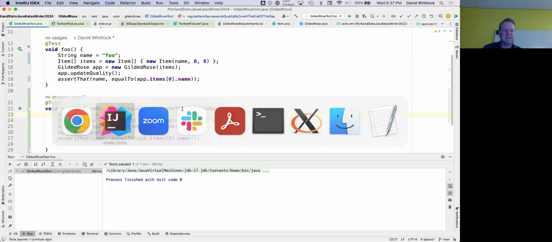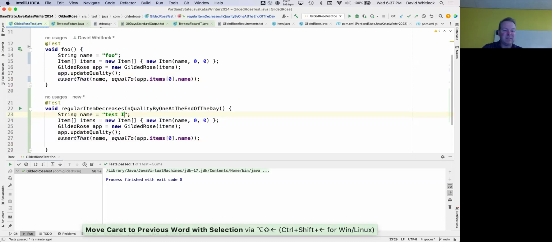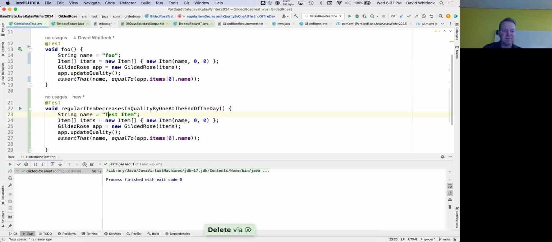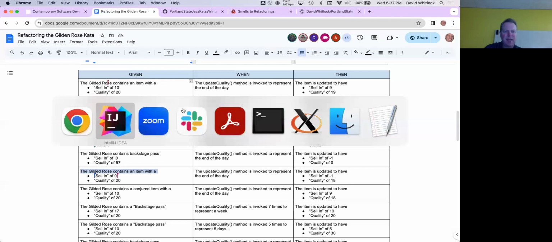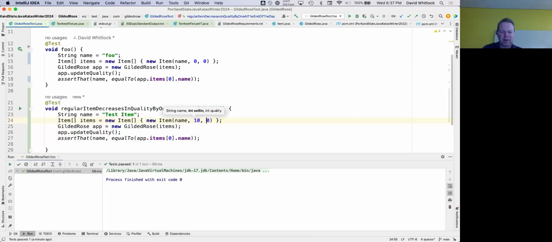Okay, test item, I don't know. We're going to create a new item with the name, the sell-in starting at 10, and quality starting at 20. Then we're going to create a new Gilded Rose, update the quality, and assert that the